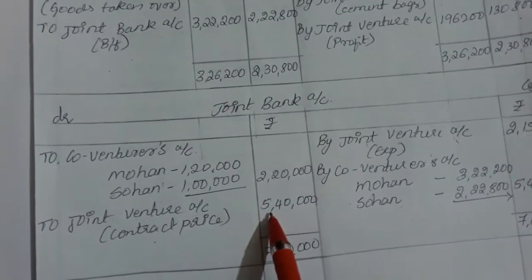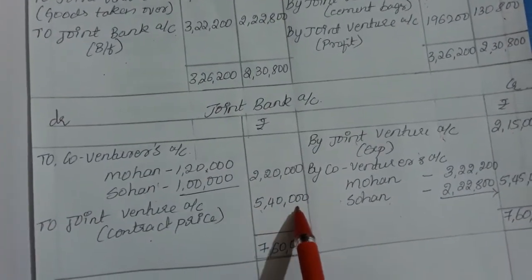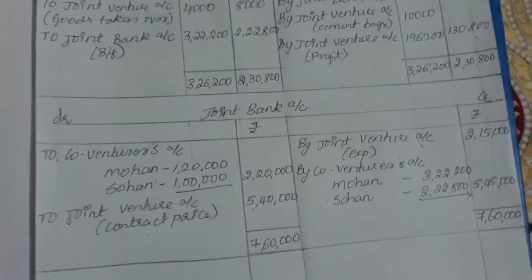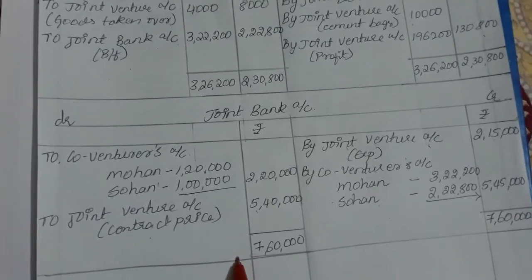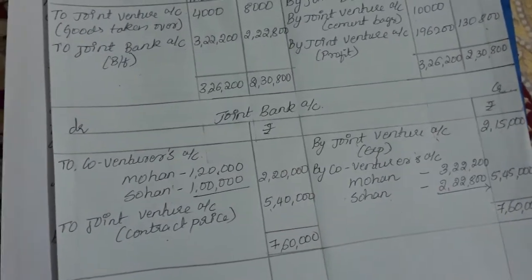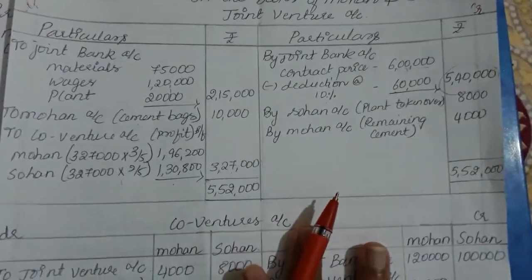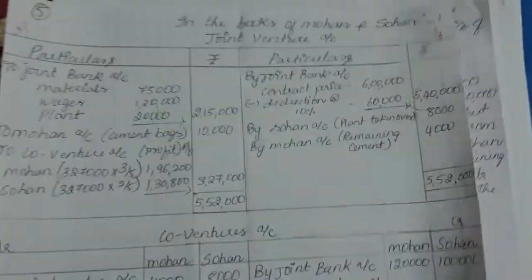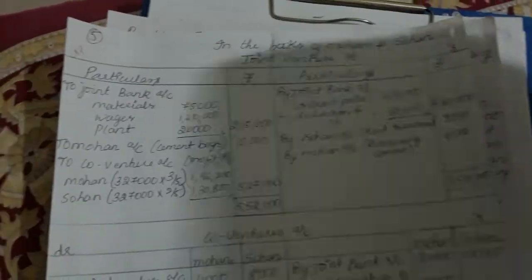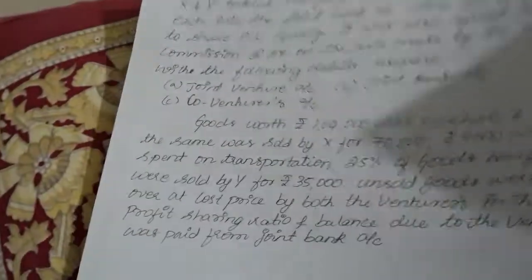We are supposed to enter it on the debit side, 5,40,000. Totally, one thing to understand here is that with a joint bank account, every time it will get tallied. Done? So this is all about problem number 5. So next, I'll be teaching you one more problem in this video, that is problem number